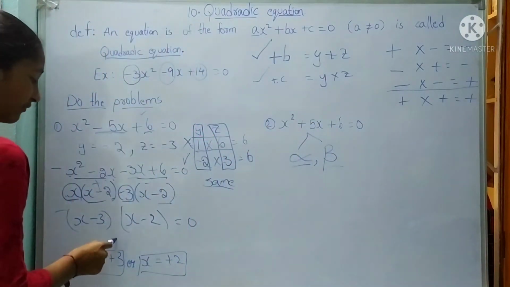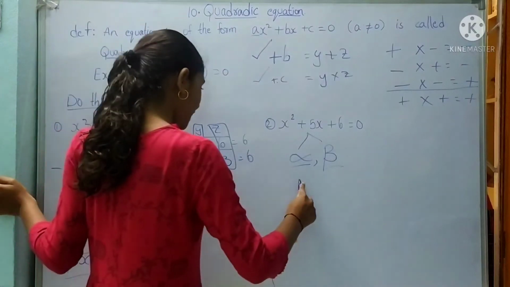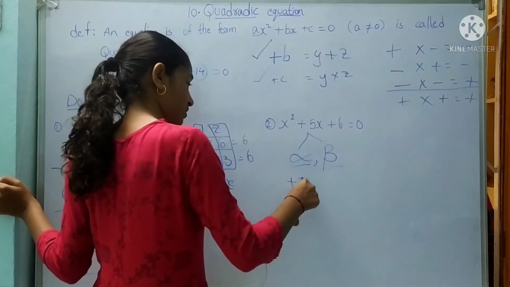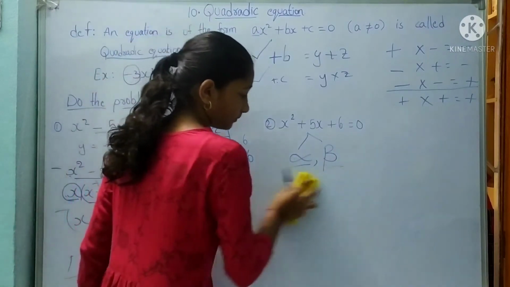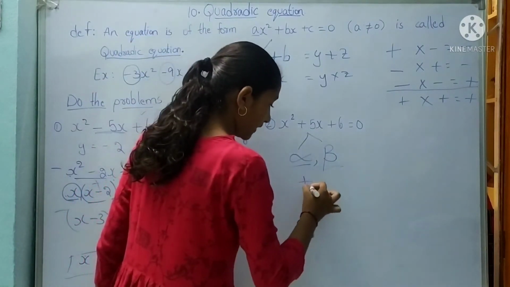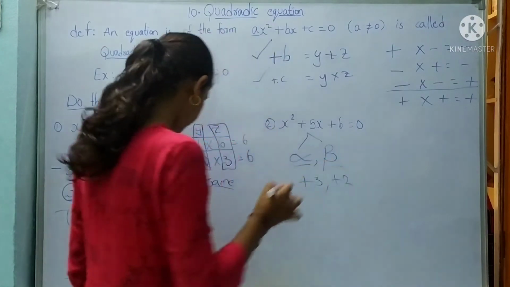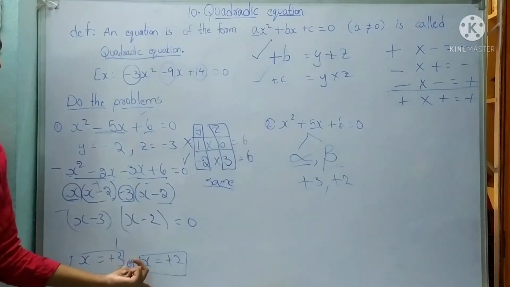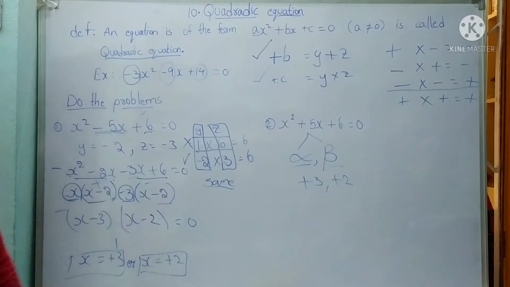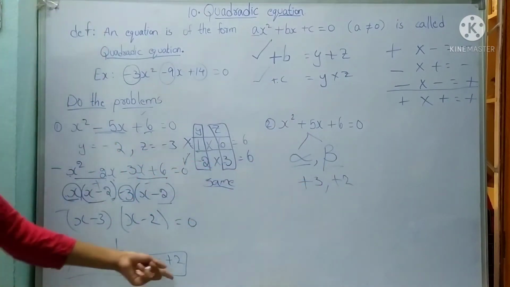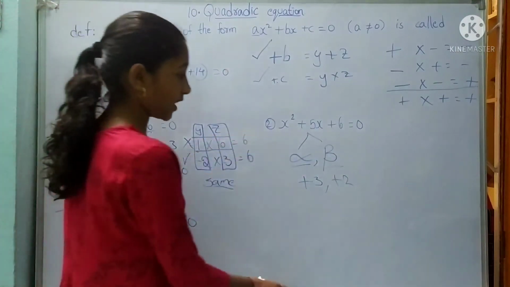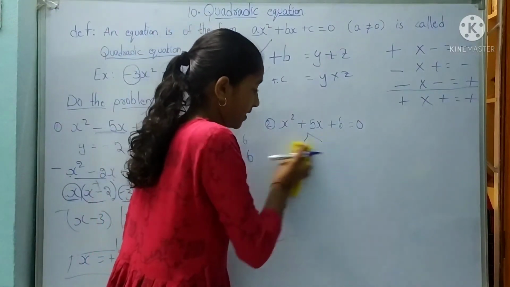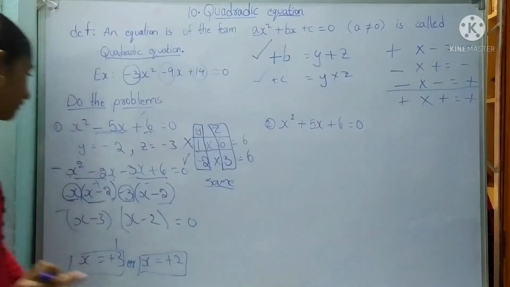So here alpha and beta are plus 3 and plus 2. These are the roots of the quadratic equation. We had to find the roots here. So alpha and beta are the roots, and plus 3 and plus 2 came as the answer. Okay? So this is how to do it, and now let's see the next one, then you can have very clear information and how to do it also, once I explain.